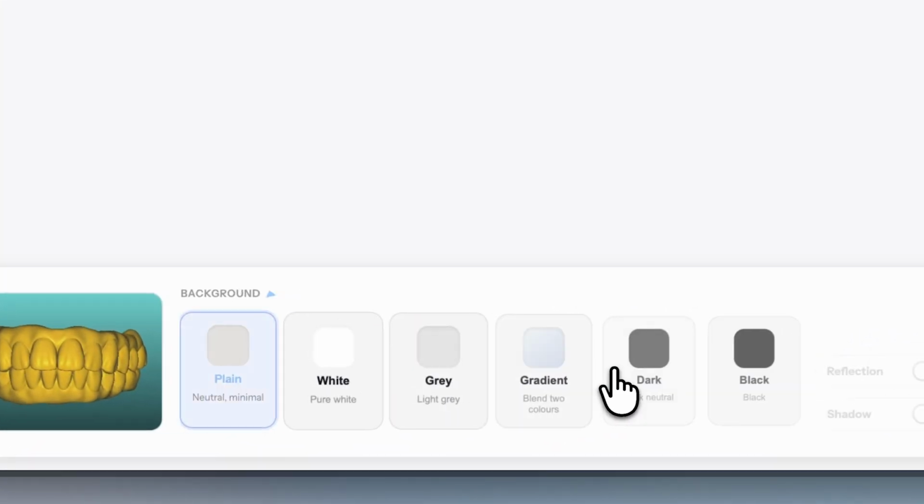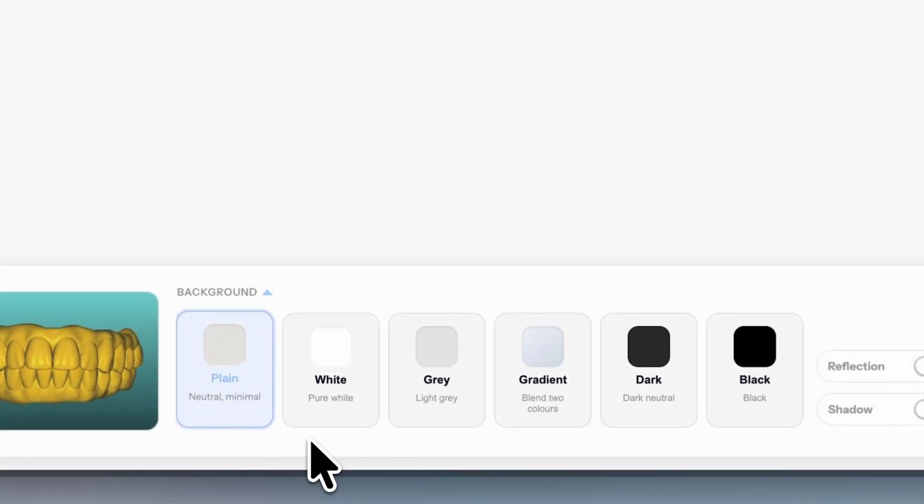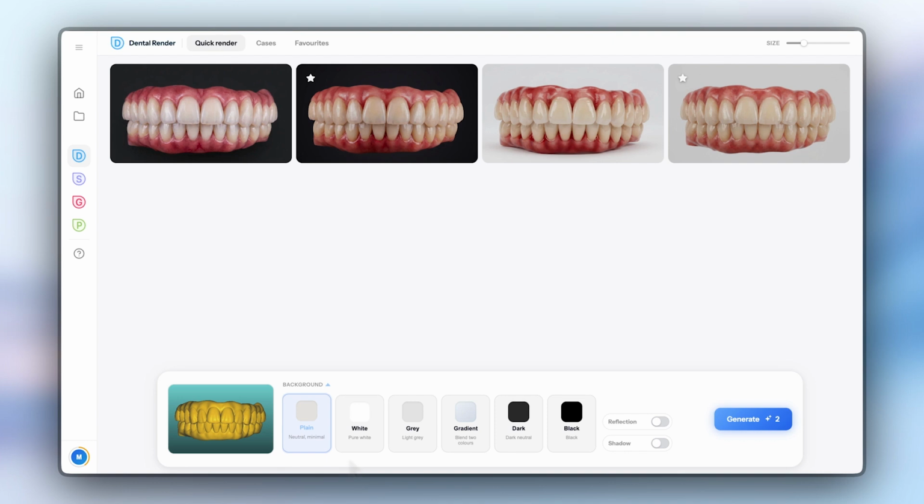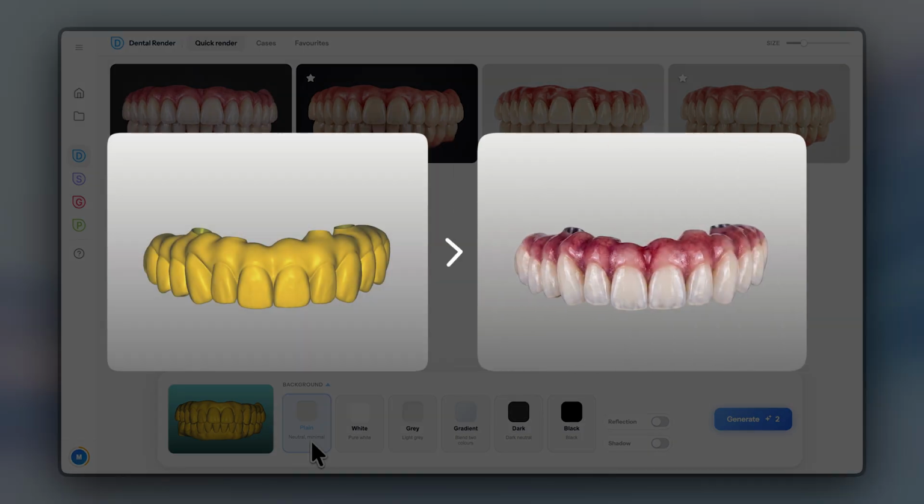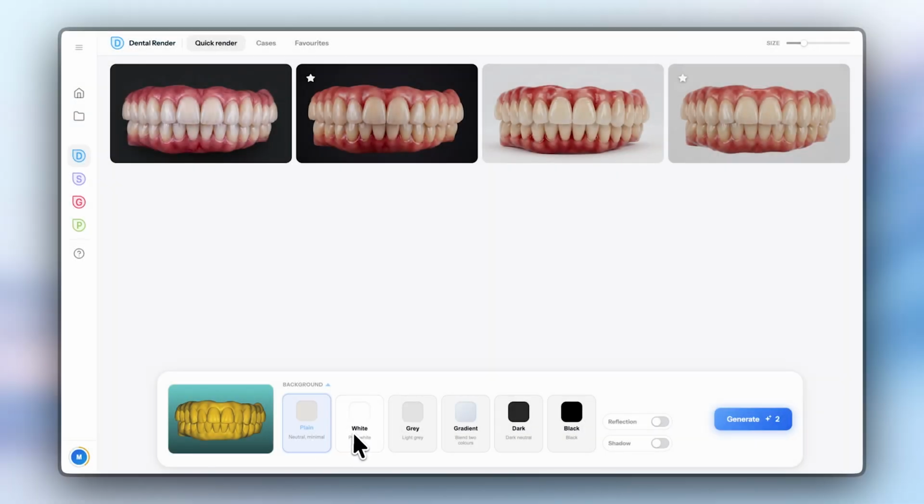To finish off the render settings, choose a background. This controls the presentation style of the final image. By default, the background is set to plain, which will often stay close to the background already in your uploaded image, like the example on screen. If you want more control, you can choose from plain, white, or gray for a clean lab or case documentation